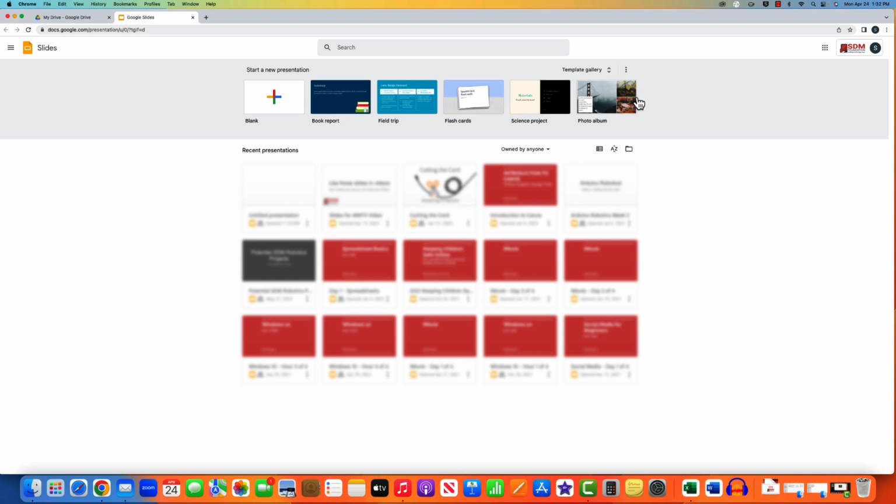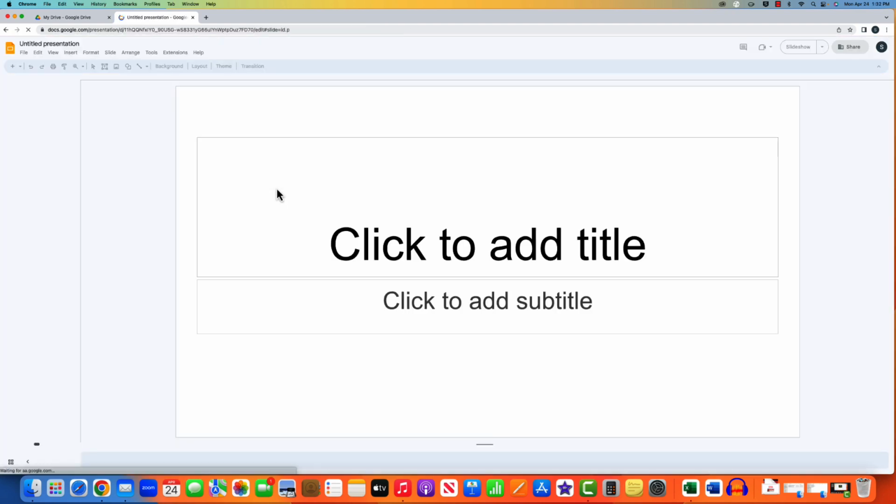There's a bunch of different templates that you can use depending on what you're trying to make with the slideshow. If it's a book report or a photo album, or a slideshow for a project, you can do that as well. I usually just do the blank one, but it doesn't really matter. You can use it however you like. So we're gonna go ahead and open up the slideshow,